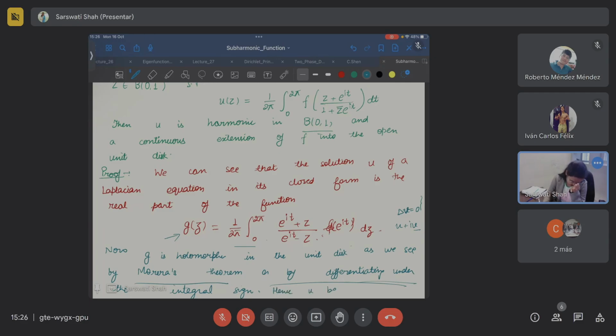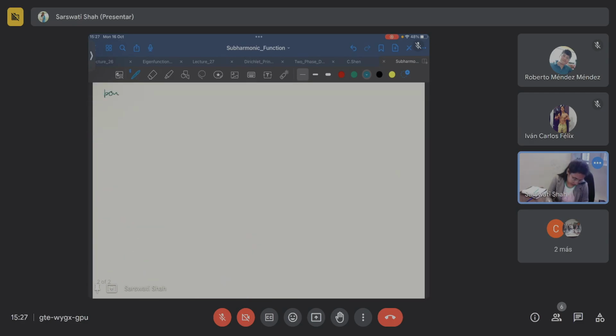Hence, u being the real part of z is harmonic in the unit disk. To see that u is a continuous extension of f inside the unit disk, we note that